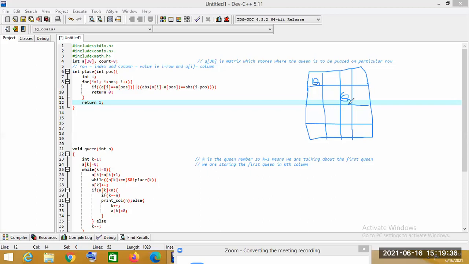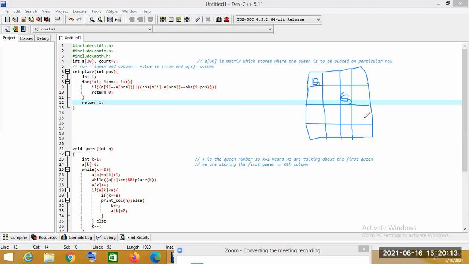So now the problem will arise when we go to place the third queen here, because for the third queen, you see we cannot place any queen in this position, because in each and every position there is the bounding function. If we place it here, it will be in the same column. If we place it here, it will be on the same diagonal. If we place it here, it will be in the same column as the second queen. And if we place it here, it will again be on the same diagonal.